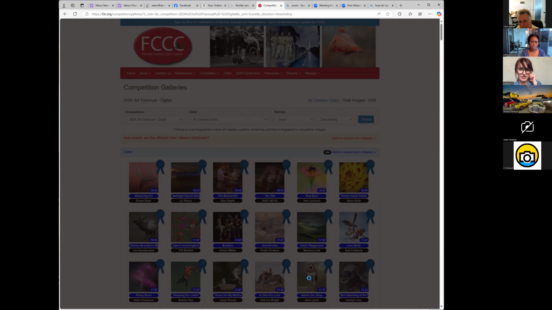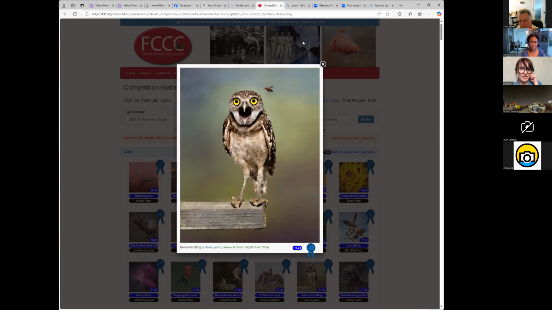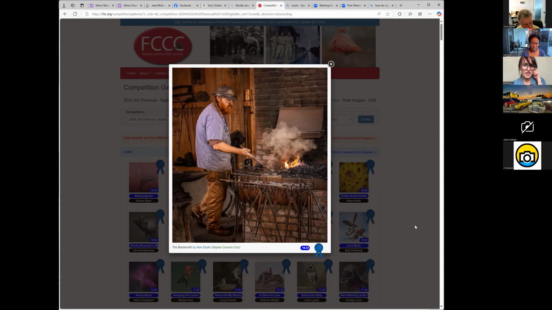One quick thing, just real quick. It's a trick that I use all the time. Everyone, just take a look at that photo. Now squint your eyes at it. Where's the highlight? It's the fire and his arm. And that's a good trick, looking at your own work: squint your eyes and see where the light is. See what pops out first. That can kind of guide you along the way.